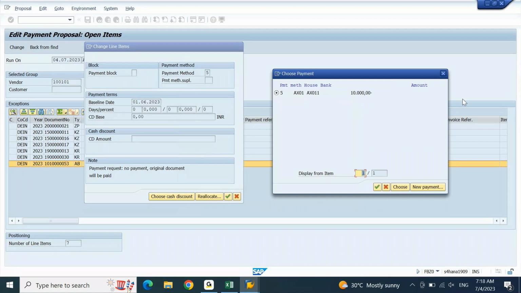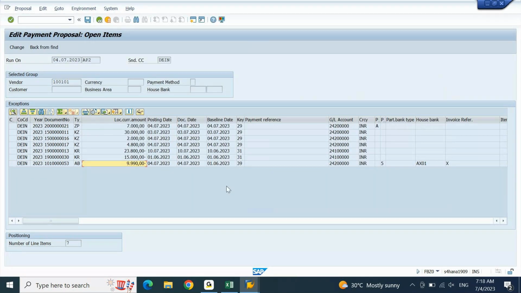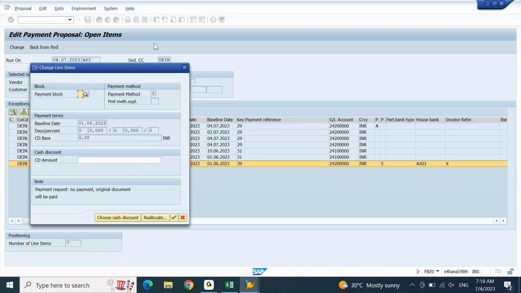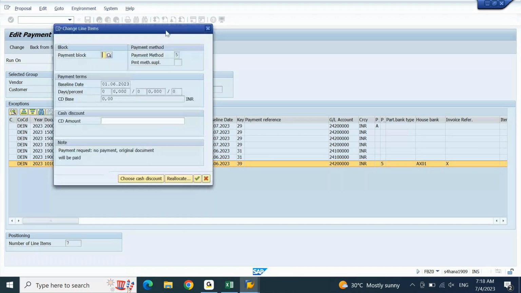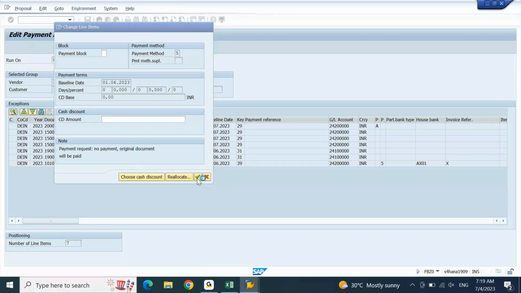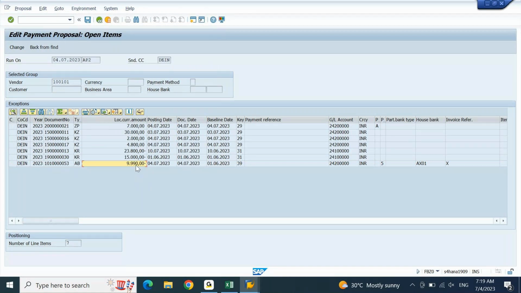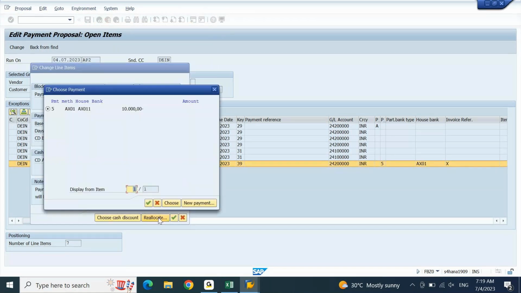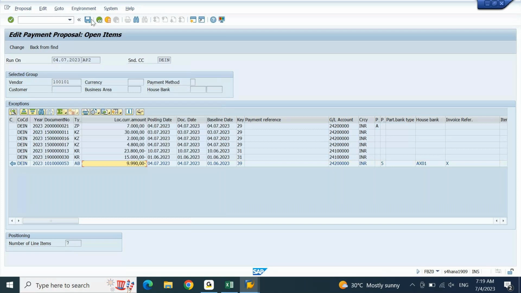Now, if you see this, if I try to display this, this is giving one message. It's telling payment request, no payment, original document will be paid. If I double click on this, if I click on reallocate, if I select continue, if I save and go back,